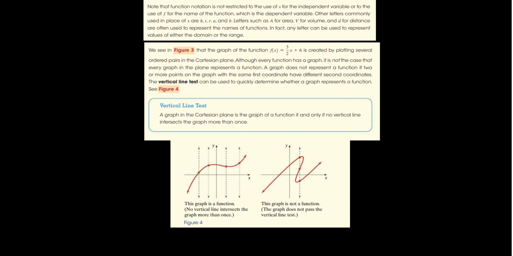But for the second graph, depending on the vertical line I choose, if I choose the vertical line right here, I'm not going to cross at more than one point. But if I chose the vertical line to be right here, well, then I'm going to cross that graph in 3 places. And since I cross it in more than one, it is not a function. Okay, so